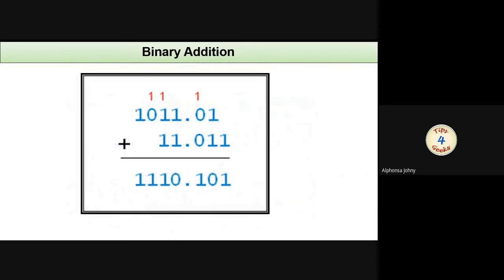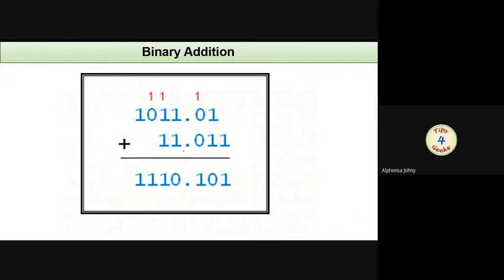Next, we will see binary addition of binary numbers with the fractional part. When we copy the numbers with the fractional part, care should be taken. We have to start writing the numbers from this position, in this direction. But when we write binary integers, we have to start from this position, in the increasing order of powers in both the directions. When we move towards the right of the binary point, we have to proceed in this direction.